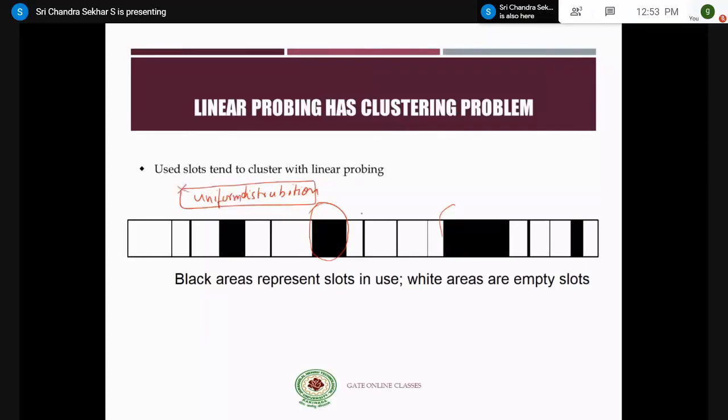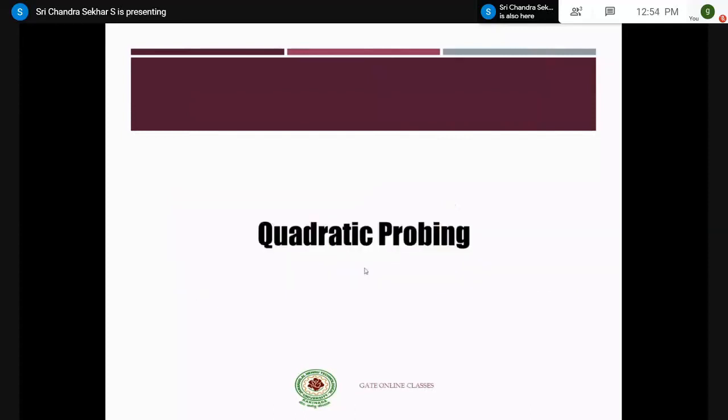Therefore, uniform distribution is not possible in linear probing. All the elements that index to the same value will be stored in consecutive locations. That's the reason why there is a probability that all the elements get coagulated in some locations. For example, this is one cluster, this is another cluster, this is another cluster. So clusters will be formed here, which makes the remaining operations like searching very difficult, right?